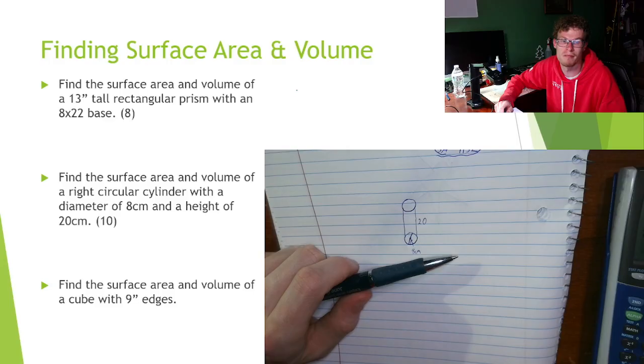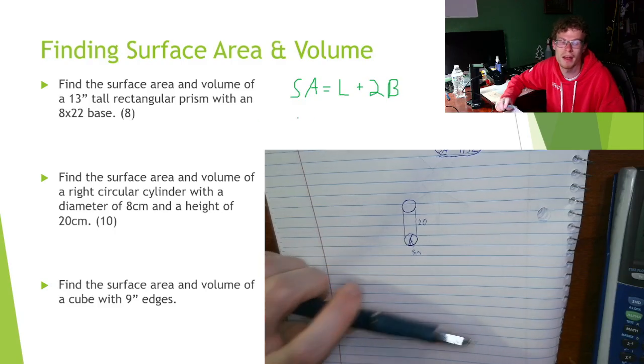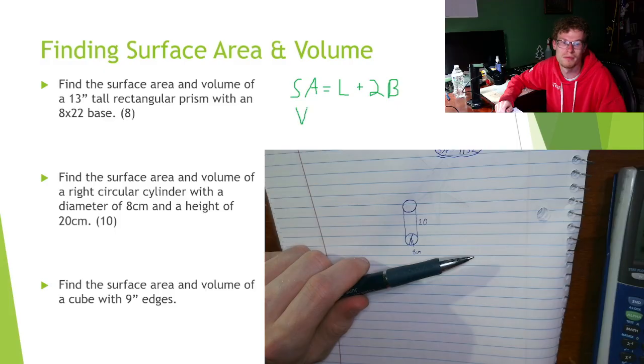So, again, the same rule applies for surface area. When you're finding the surface area of a cylinder, you still do L plus 2B. So that means for a prism or a cylinder, you are still doing L plus 2B to find the surface area. Now, to find the volume,